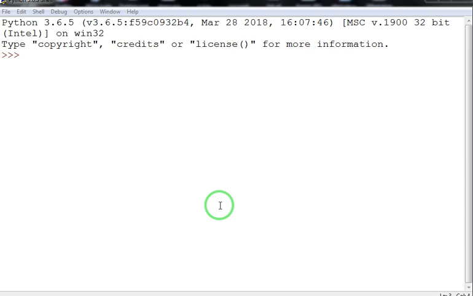Therefore, a list in Python represents a list of comma separated values of any data type but between square bracket. I will be showing you a few examples of the list. If you want to create a list, just take a valid variable. Suppose I have taken a variable name, and then if you want to create a list, you have to use a square bracket.